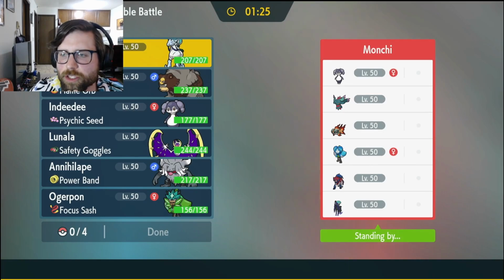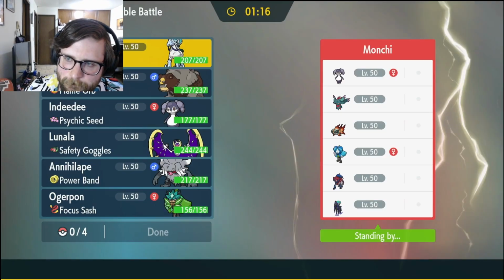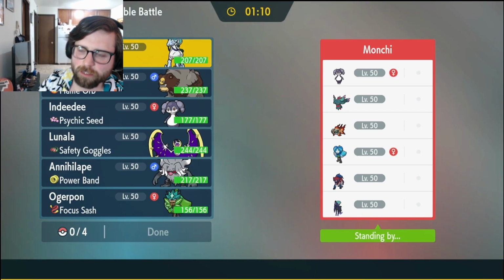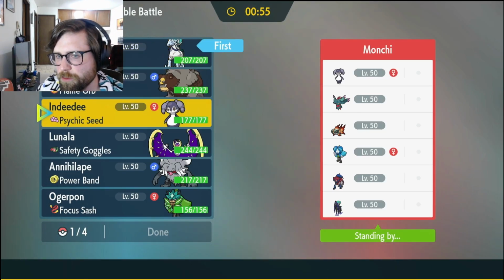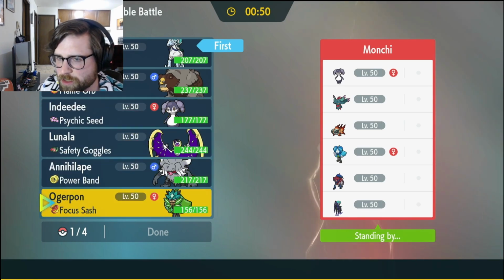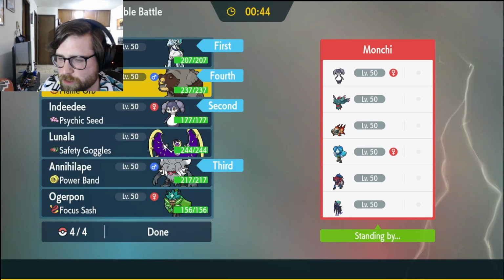Okay. Monchi has Indeedee, Chi-Yu, Flutter Mane, Ogerpon Wellspring, Zamazenta, and Calyrex Shadow Rider. That's probably Booster Flutter with Taunt, be my guess. Chi-Yu. Follow Me, Redirection. Nothing outside of Zamazenta wants to take a Glacial Lance, though, because Chi-Yu's base defense is stinky. I mean, whichever Redirector I bring, it doesn't matter, but Indeedee's really good. Annihilate is super good to give me Commander boost, and I think Ursaluna...